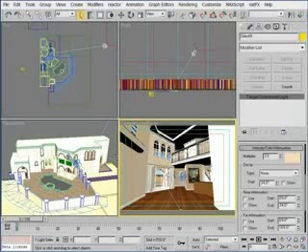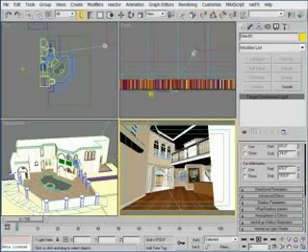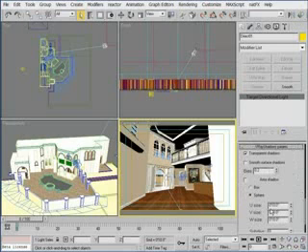For the interior part of my scene, the first thing that jumps out to me as being unrealistic, besides the lack of illumination, of course, it's very dark, is the sharpness of the shadows created by the mullions in the windows here. And the best way to fix this is to enable area shadows. So with the sun still selected, I'll enable area shadows,